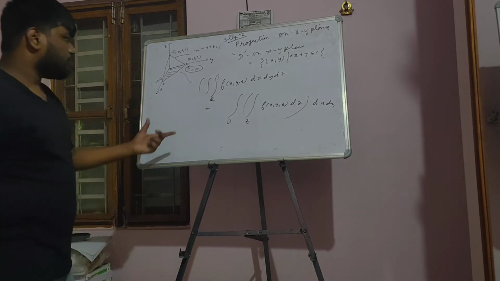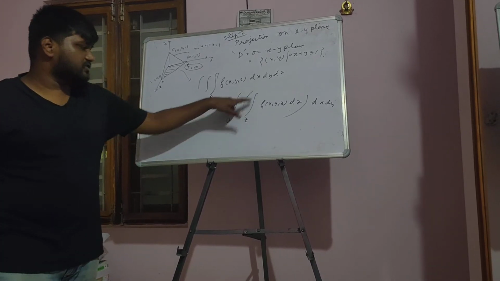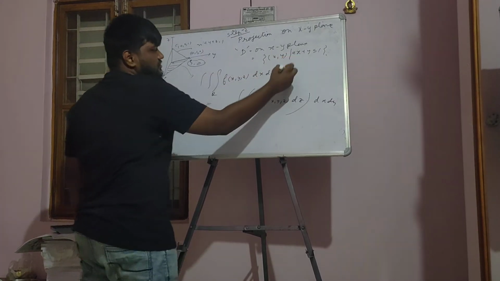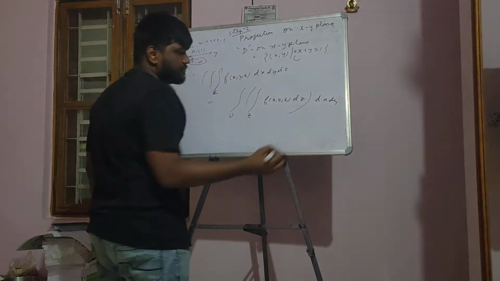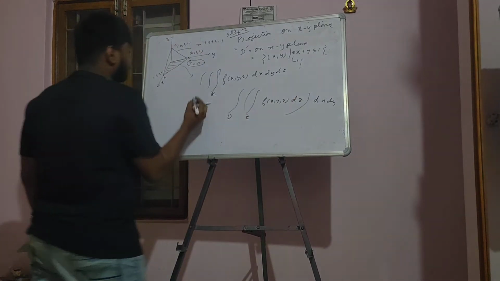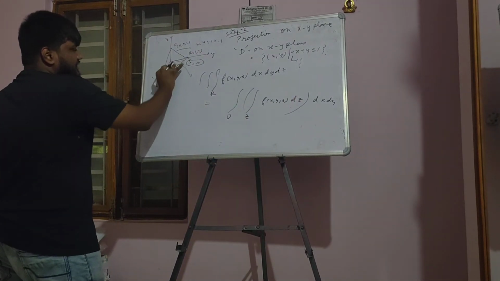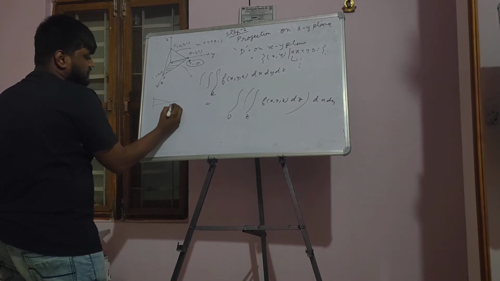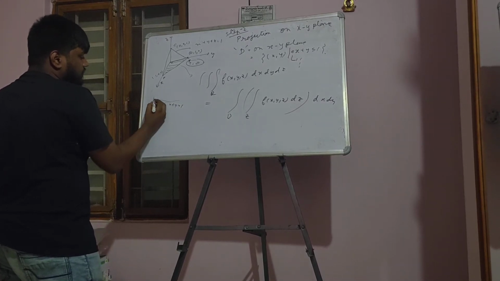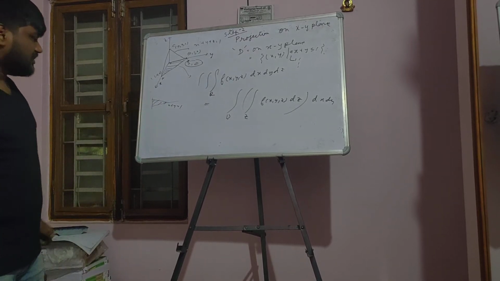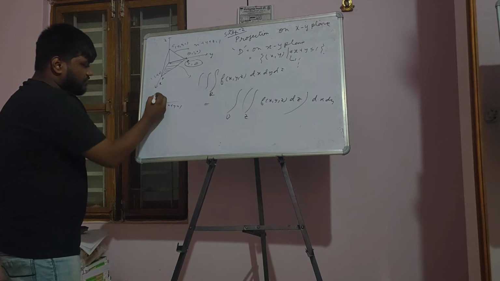dx dy. So we want to find out the limits of z. How will we find? We already know that D is this set, so the limits of the bounds for D are found by treating it as if it is in R2, and this is our line x plus y equal to 1, and this is the region in which we want to compute the integration. Then the bounds can be easily found.